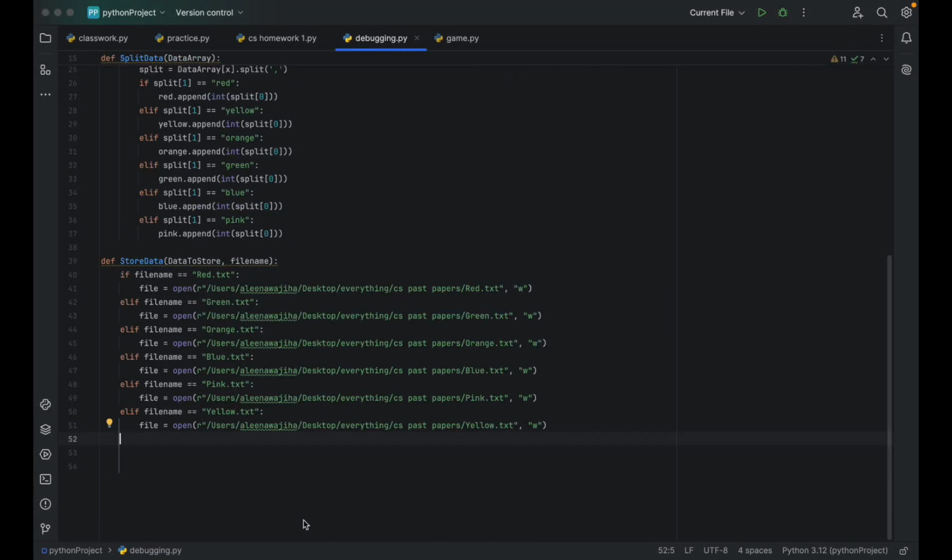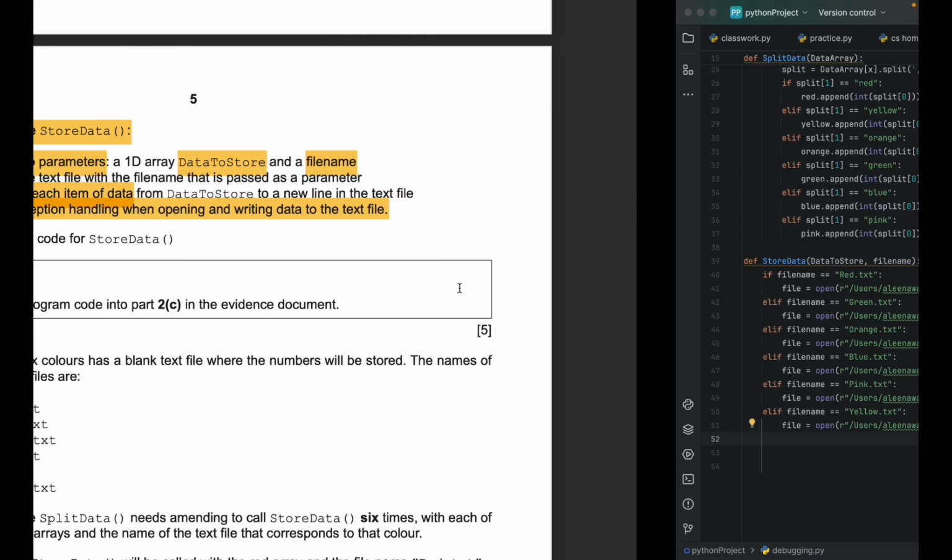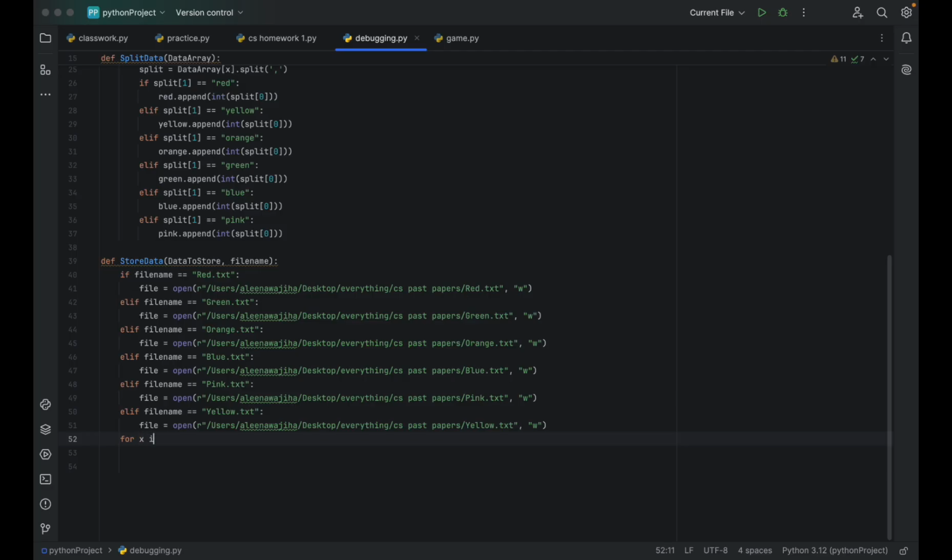Okay, so now depending on the file name that the user has entered, it's gonna open the file and then we're gonna use this array to write things into the file. So first we're gonna make a loop that is gonna run until the data to store array does not end. Okay, so we'll just write for x in range length of data to store,